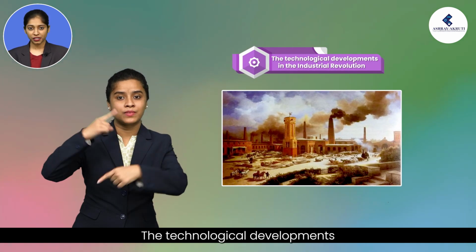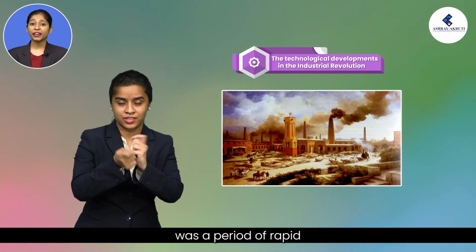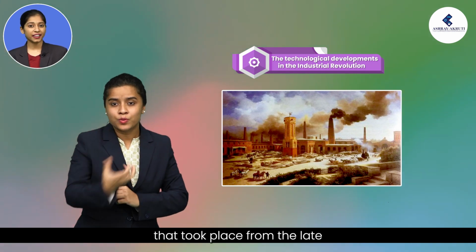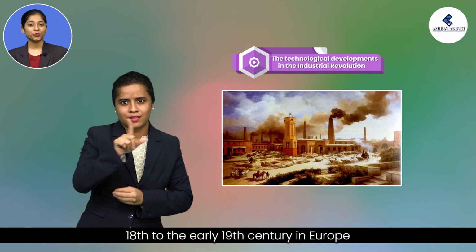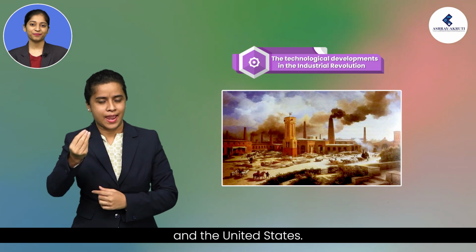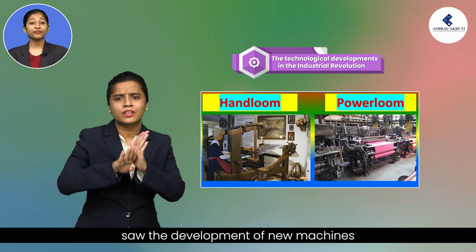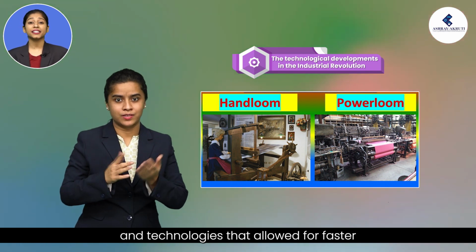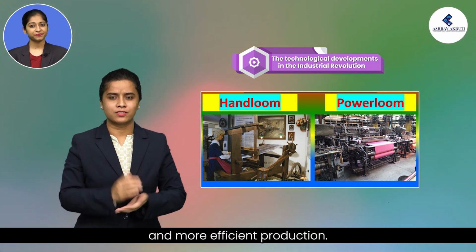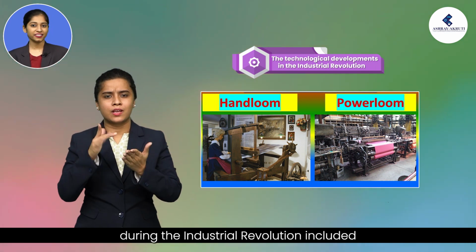The technological developments in the Industrial Revolution. The Industrial Revolution was a period of rapid technological change and innovation that took place from the late 18th to the early 19th century in Europe and the United States. It saw the development of new machines and technologies that allowed for faster and more efficient production. Some of the key technological developments included